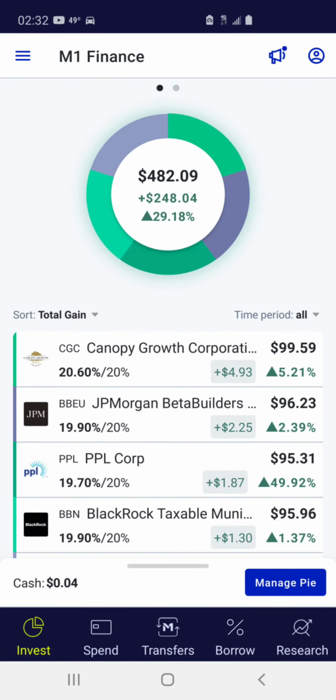Then the last slide we have here is from my M1 Finance account. These are all house money swing trade positions. So I put in $482 into 5 different stocks, which is about $90-something on each of these stocks. They were all based around $26 per share. So I got about 3 to 4 shares of each. So far, since I've been swing trading out of M1 since June, I'm up $248 and up 29%. So that $248 profit that I've made since June, I've transferred into my other brokerages that offer fractional shares and stored them there. M1 does offer fractionals,